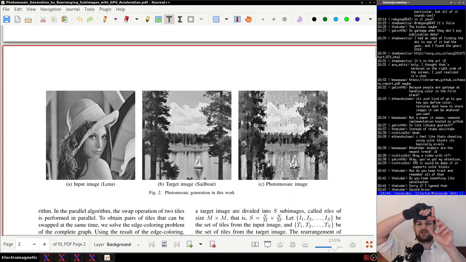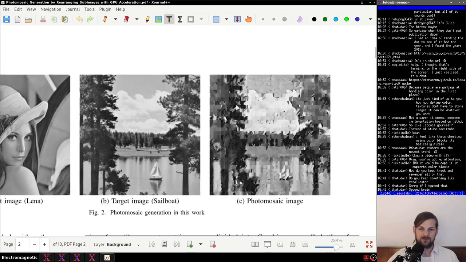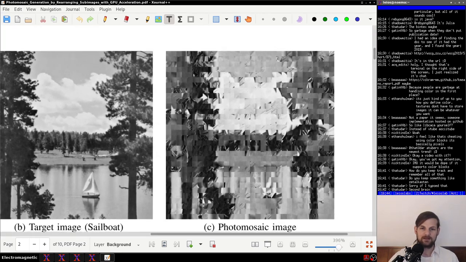They literally just took every tile and checked and swapped the tile, right? So they took tile 1 and tile 2 and they swapped it, and they said, is this a better representation of the image? If not, we swap it back. And they did that over and over and over again until the image looked okay. That's what they did. And you can actually tell how this worked, because if you look at the image, clearly they did this,